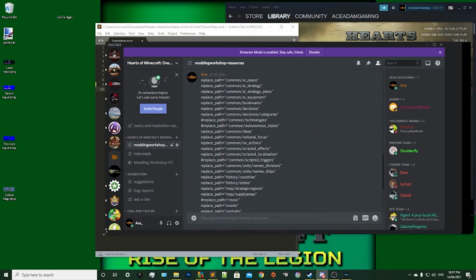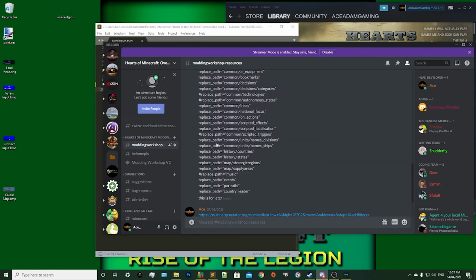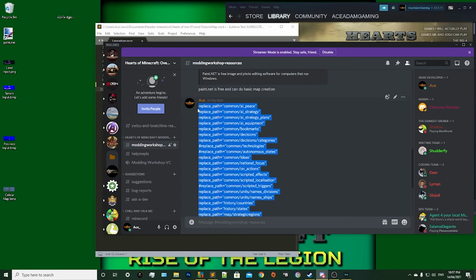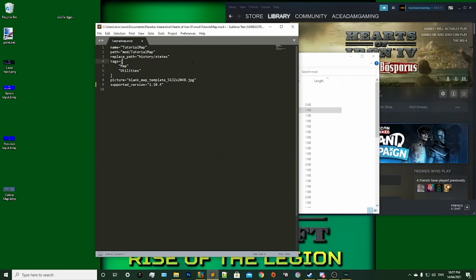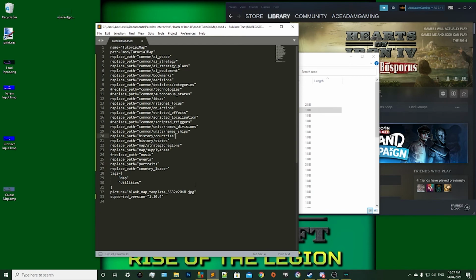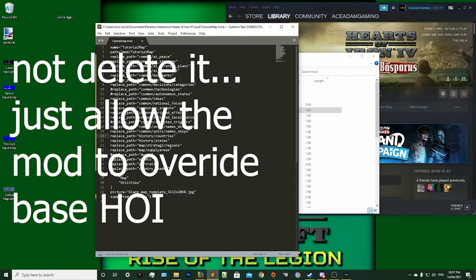And next we need to add in this replace path. Now it is going to be in the description of this video, however I am using it through the Discord for the modding workshop. So all you want to do is copy it and then head into the .mod file, and as you can see up here there's a replace path history/state. You want to get rid of that and then paste in the new replace path. Now what this is going to do is it's going to delete all of the base HOI4 content. So once you have done this, you just want to save